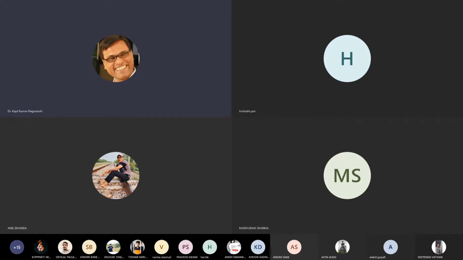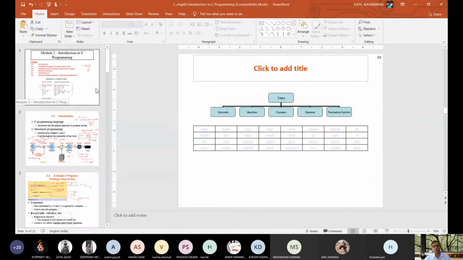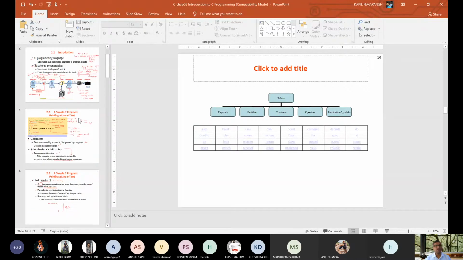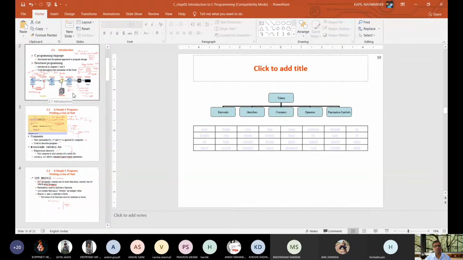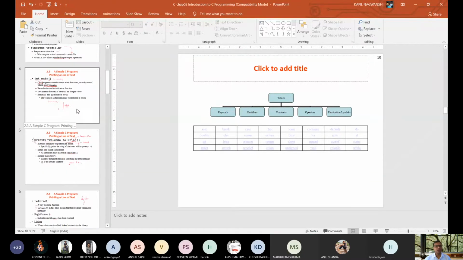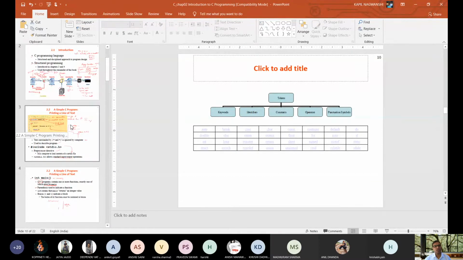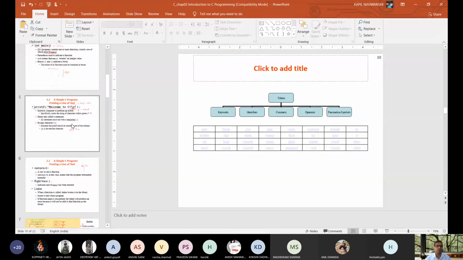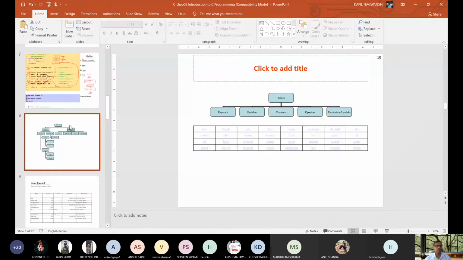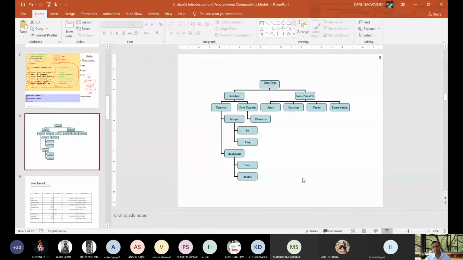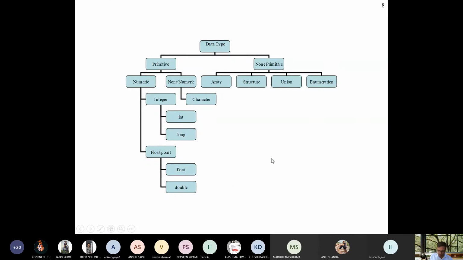So good morning, everyone. Yesterday we have already discussed something about introduction to C, where we have seen how the programs are compiled and how different kinds of errors may occur at different phases of compilation. And one program we have seen for addition of two numbers and printing of some messages. Now let me discuss different data types available in C language.